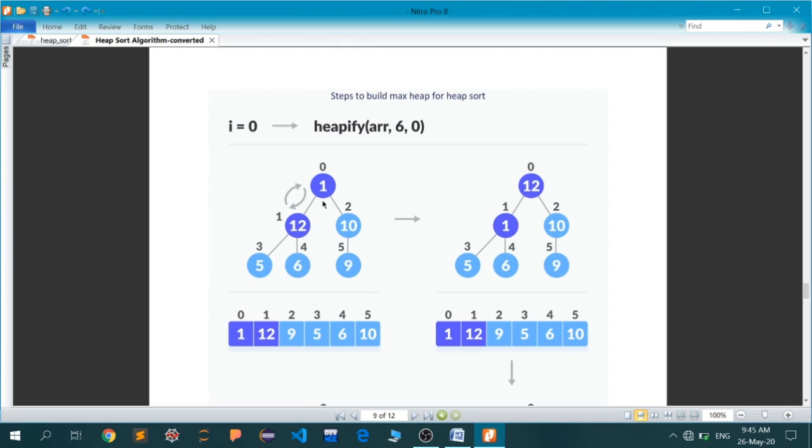Now because this one has 2 children here, a recursive call to the heapify function will be made, and this recursive call will again check if this particular subtree is heapified or not. If not, then again the heapify function will be applied here, and if these 2 have children again, then again recursive calls will be made until we have reached the leaf node.